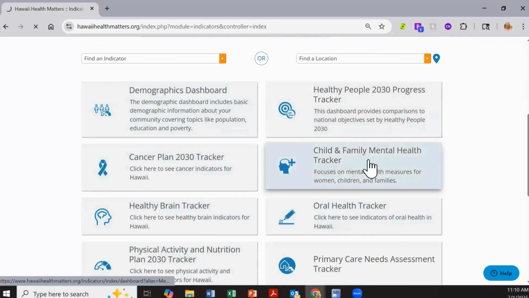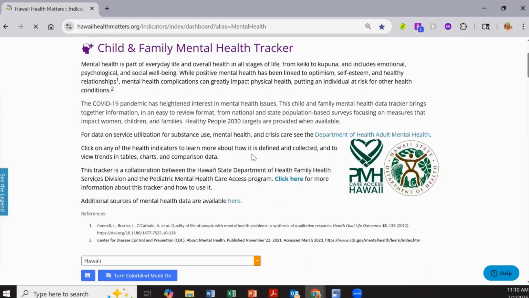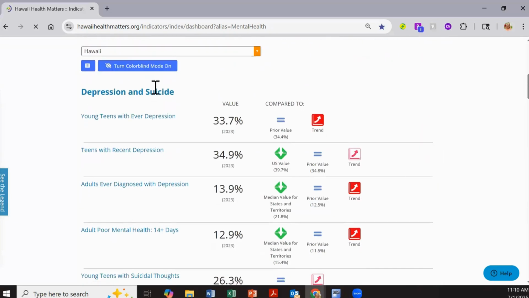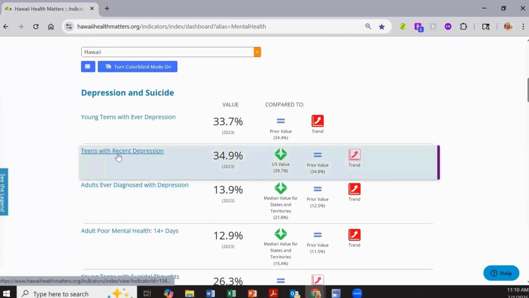And I'm going to show you one real briefly, just so you can get an idea. This is the Child and Family Mental Health Tracker. So we see some information here, and then we get into the data organized by topic area. So what you'll see, if we look at, for example, teens with recent depression, you'll see the most recent point estimate, a comparison to the US value where it's available, a comparison to the prior value,